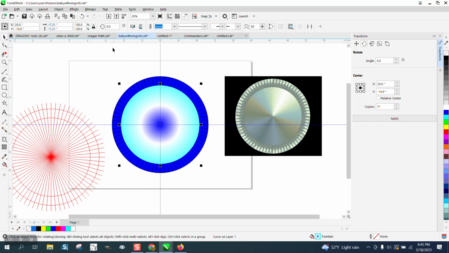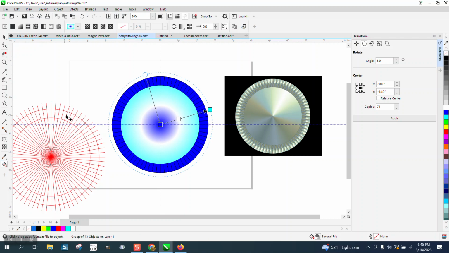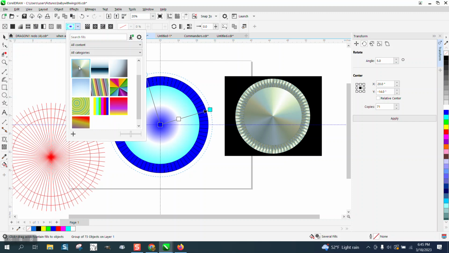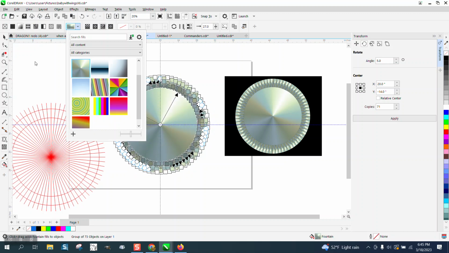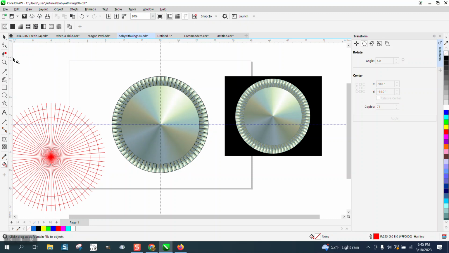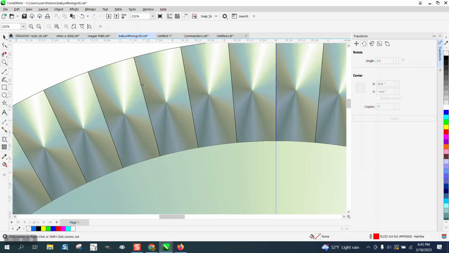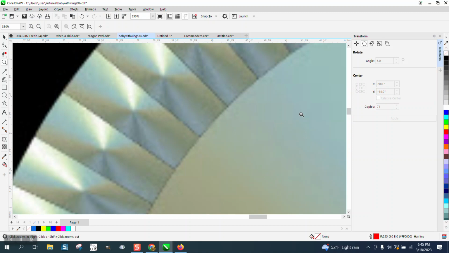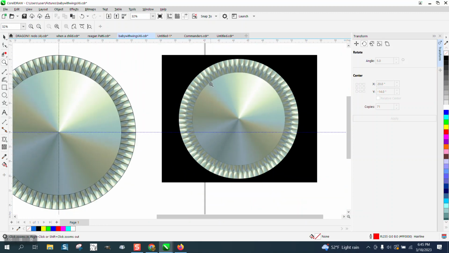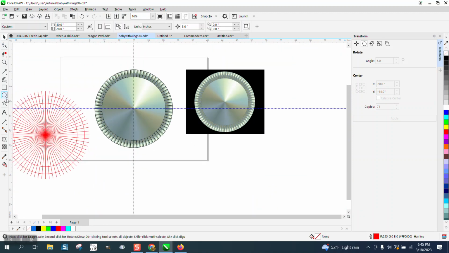Because then what we're going to do, we're going to group all this together, Control G. Get the interactive fill tool again and go right here to this fountain fill 017. And look at that. The only difference between his and mine is mine is sharp. So then if you took a black background,